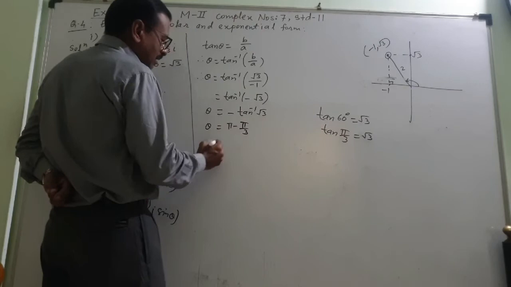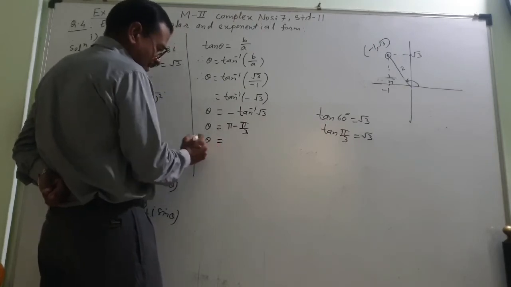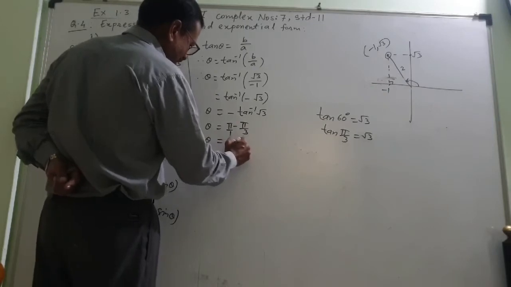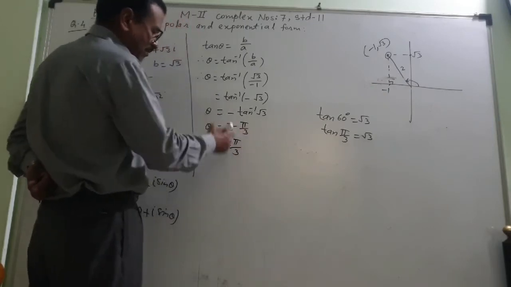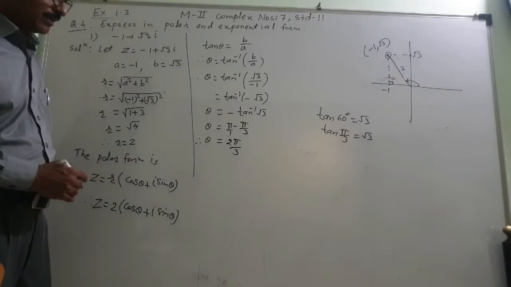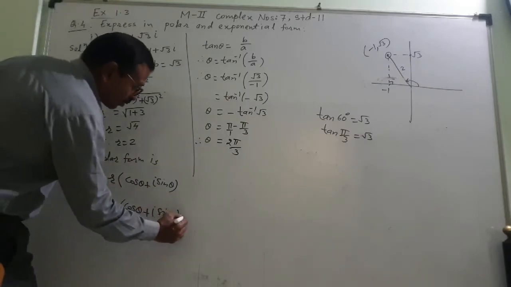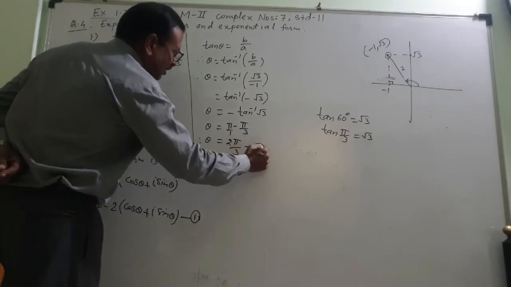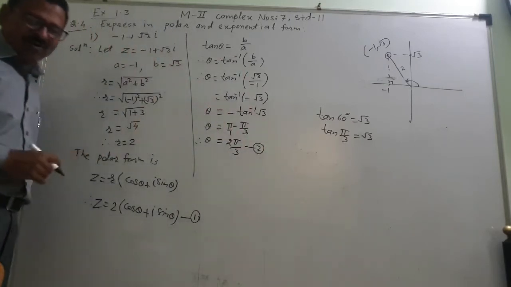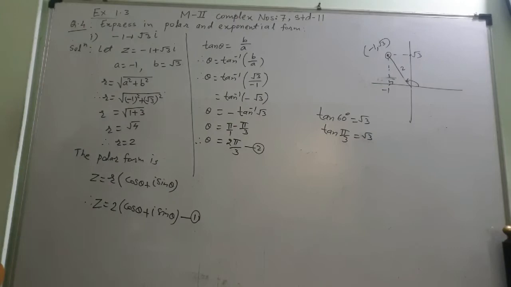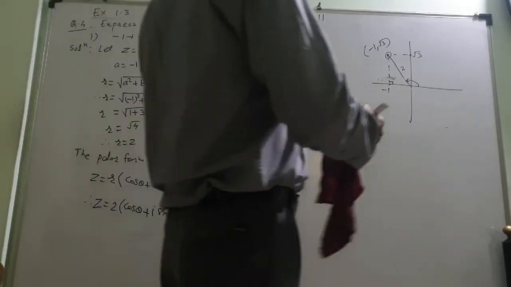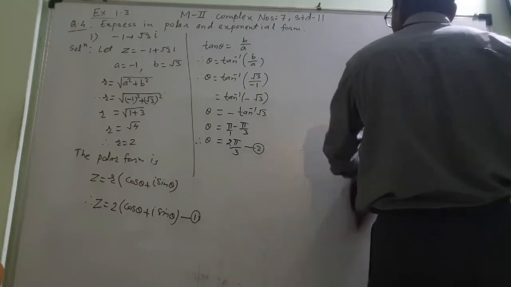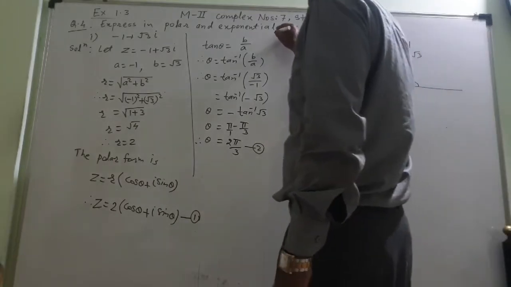This is theta. Therefore theta is equal to, see this, 2 pi by 3. Do the cross multiplication. So what is that theta? This is 2 pi by 3. This is your 1. This is your 2. These all calculations are for finding the angle. Now for the time being it will be difficult for you because it is dependent upon the next lesson of Maths 1.